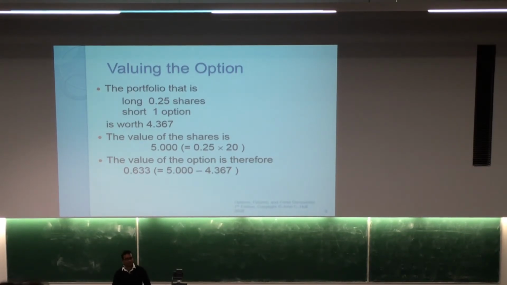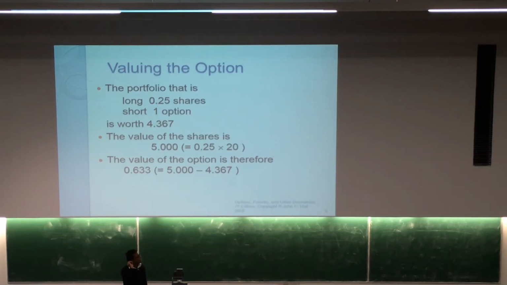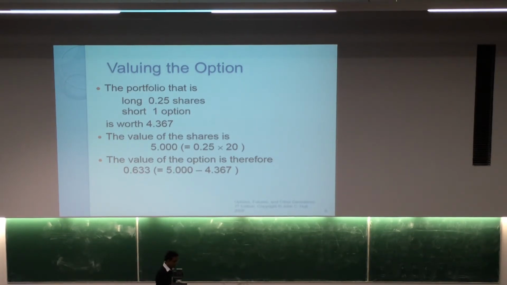So basically what we did is a simple step. We create a portfolio whose returns is going to be constant. And from then onwards we know how to handle the story and find the value for the option. This is the basic idea behind the arbitrage pricing for the option pricing used by Black and Scholes, and they got Nobel Prize, not for this simple idea, but after that actually they have used some stochastic calculus and the other things. But this is the important step in the pricing formula.